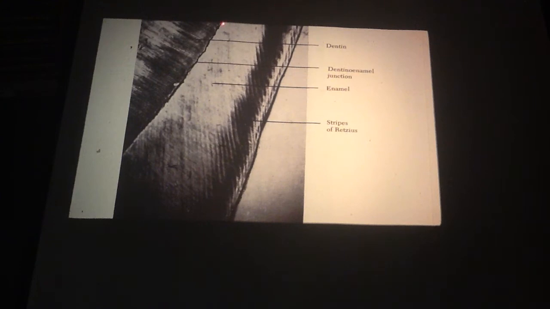Right? And then this is where you see the growth lines, you get it just right, and you can see these lines at an angle to the DEJ. So the main thing with the lines of Retzius, or the stripes of Retzius, you're seeing the growth lines of the enamel as the ameloblasts march to the exterior, and that they're always at an angle to the DEJ, not perpendicular. Say these wave back and forth in their march to the exterior, like growth lines in a tree. And then the DEJ, that line right there, and the dentin underneath of that,